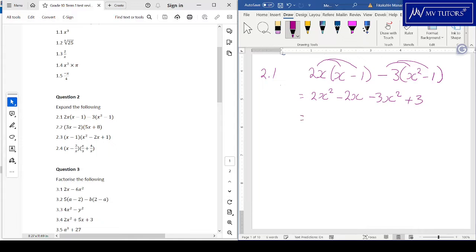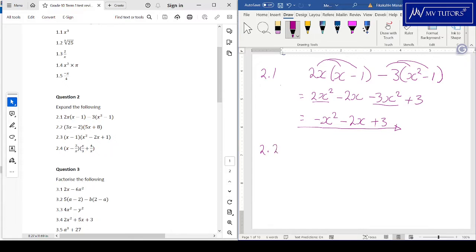Okay, so combine like terms. It's plus 2x squared minus 3x squared, which gives me minus x squared. And then this one is minus 2x, plus 3. These ones remain. This is our final answer. Okay, let's look at now